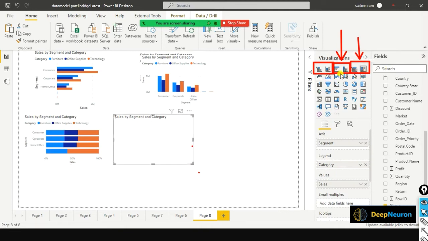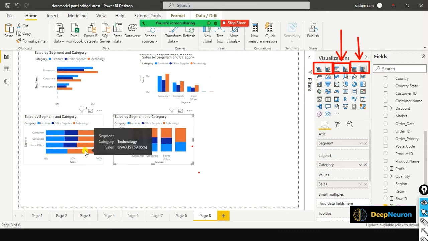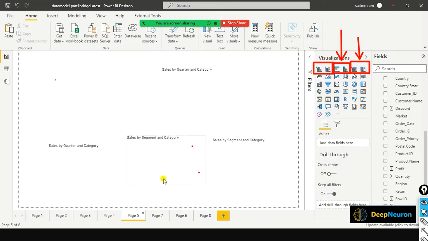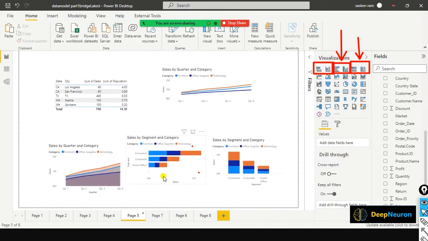Next we will see the column chart. I just click on this to convert this to a column chart. 100%. If you look here, all the categories are put together. So if you can see, the rectangles for all the segments are the same size, isn't it? All of them are the same size. I just take this one